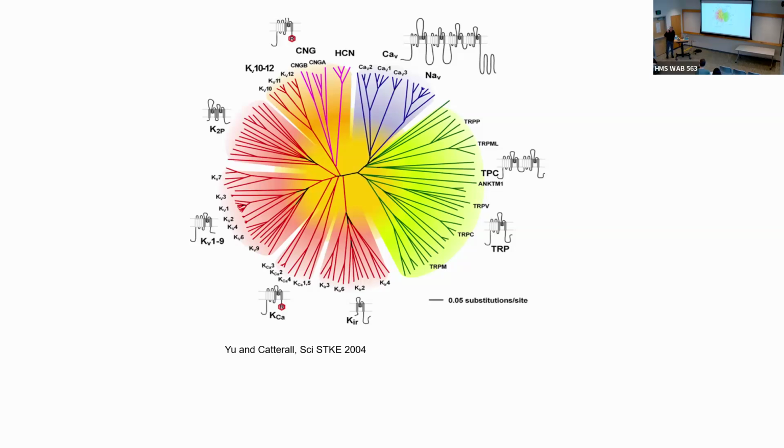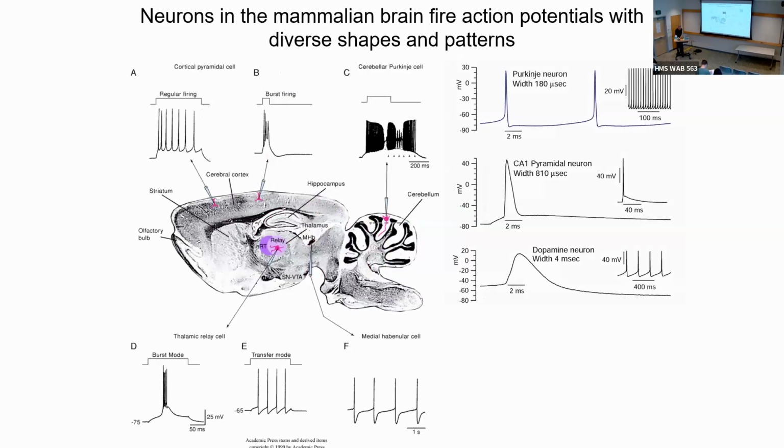It's really hard to do because then you have to figure out some way of doing a recording from a piece of membrane from an intracellular organelle. But they have their own sets of ion channels that regulate movement of ions, and all sorts of things inside. I'm going to focus on that.